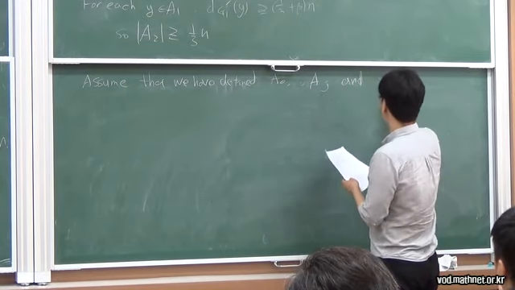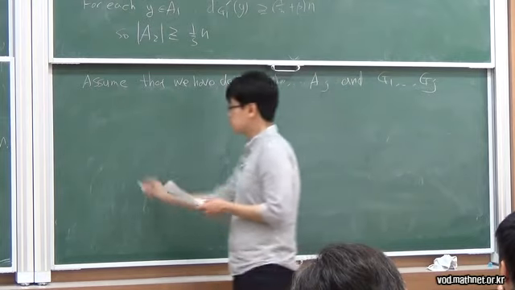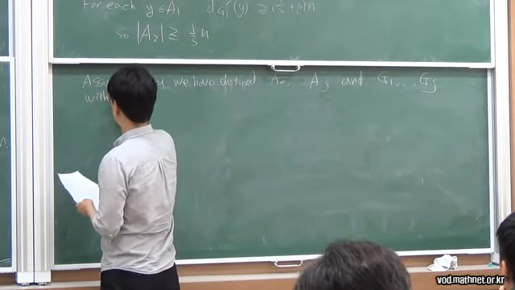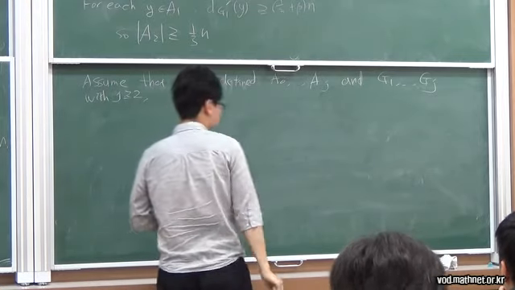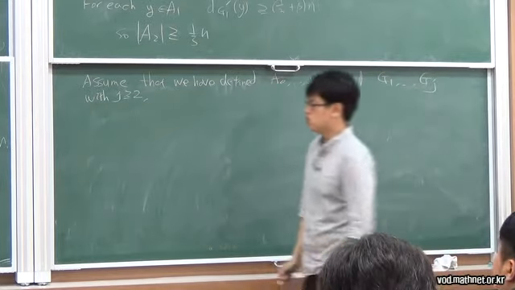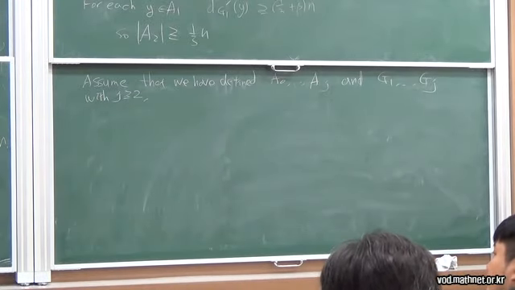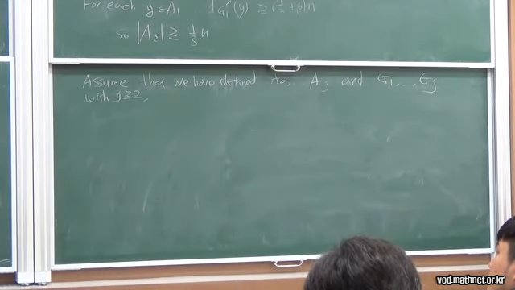And define G1 to GJ with J at least 2. And we will construct A J plus 1 and G J plus 1. So the situation is like